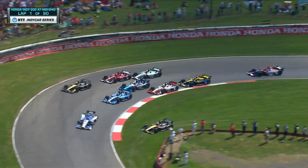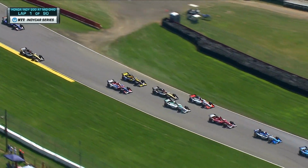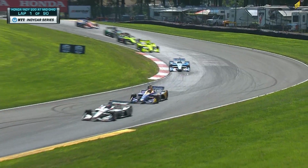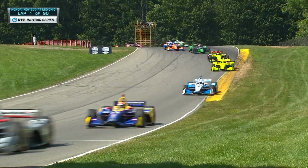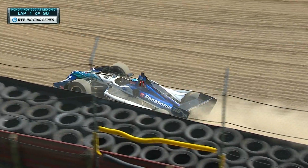That's James Hinchcliffe, who's off in the grass, and they're all going to get checked up as he rejoins from the back. And his teammate has an issue. They got together with somebody there, but Will Power made a perfect start. Rossi slid into position, and he's working on him. Most importantly for Rossi, he's ahead of that blue and white car of Josef Newgarden, and Sato now is off